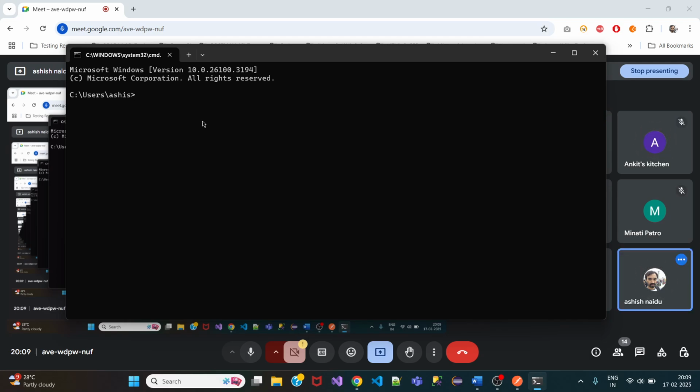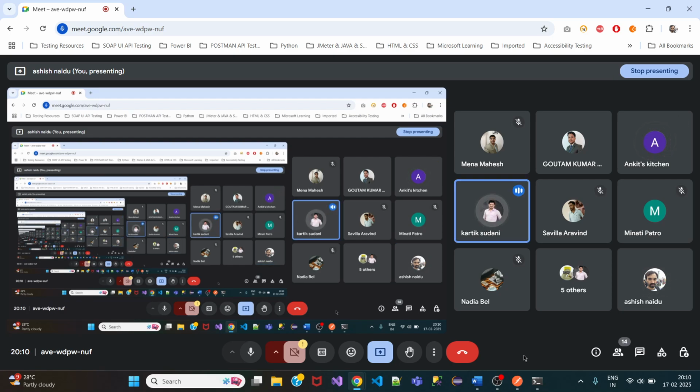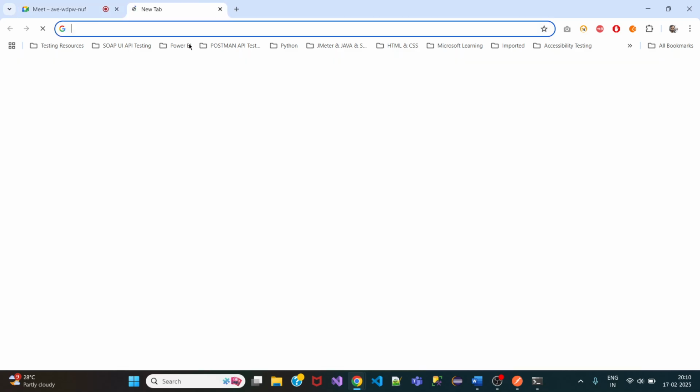Now in here, just type in node space hyphen v. Everyone, please, node space hyphen v and hit enter. Can you see the version number? The ones who cannot see the version number, please let me know. Ashish says node is not recognized as an internal or external command. Okay, so what I request you to do is, for this,